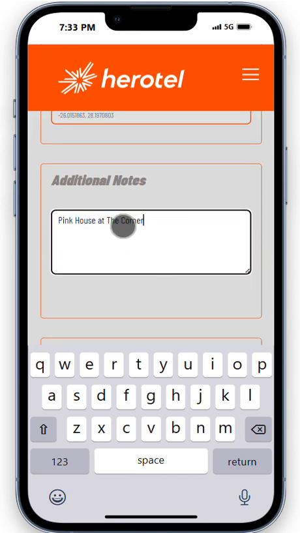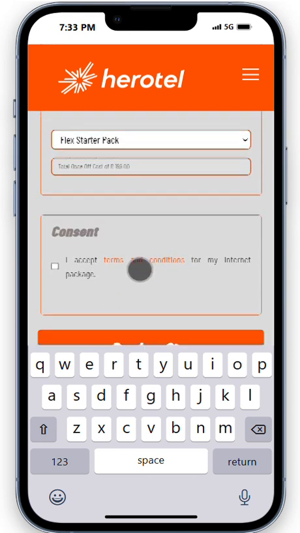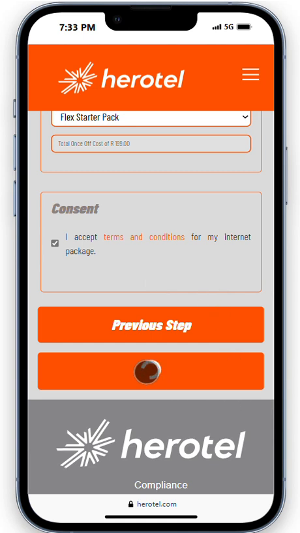So once you're done putting additional notes, please also on additional notes, put also the other name of, let's say, the other name is John, and then John's number is 081 222 yada yada yada. So put another contact details of another person apart from the first one that you put when you start on the first page. So this is for control purpose. We don't want to struggle to get hold of the clients. And then you select terms and conditions, you select next,